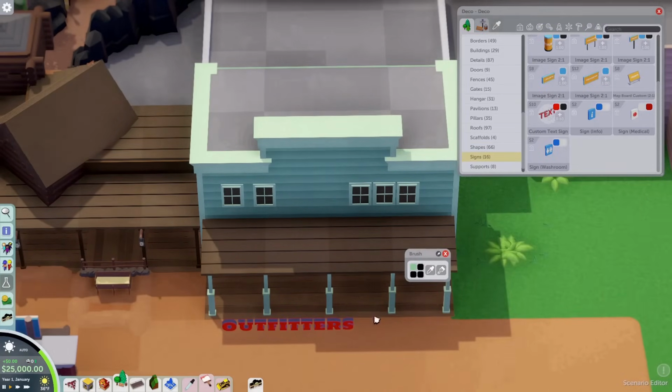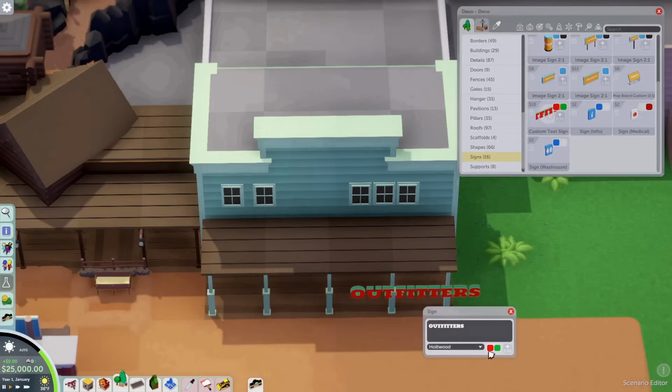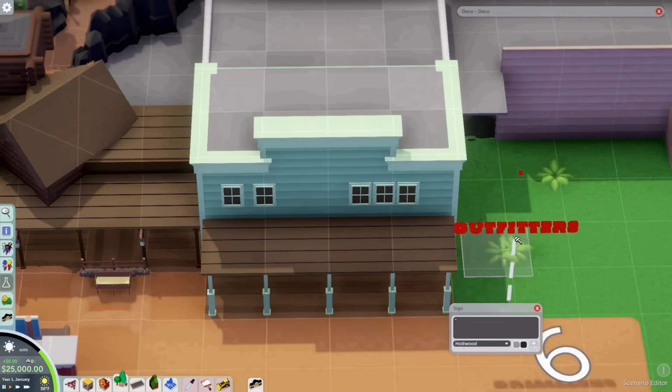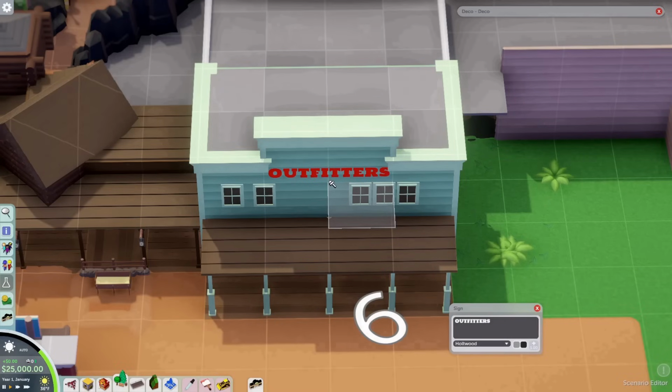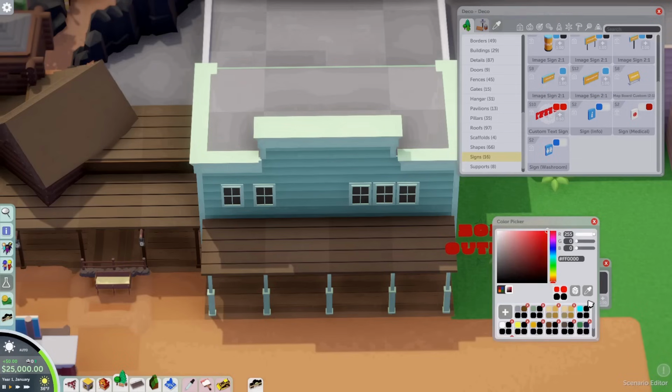So I stick the sign in. Found out you can kind of scale it down, but it's a max scale down. And I tried to cram it in between this ledge here. It worked out, but I had to edit away some of the shapes here. Yeah, you can see how I just deleted some. It says